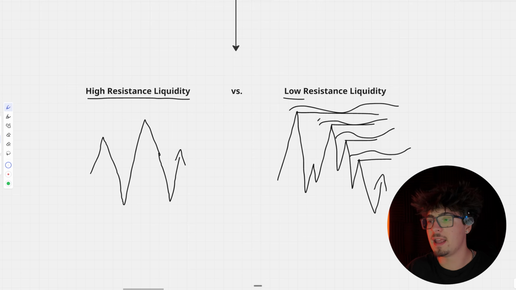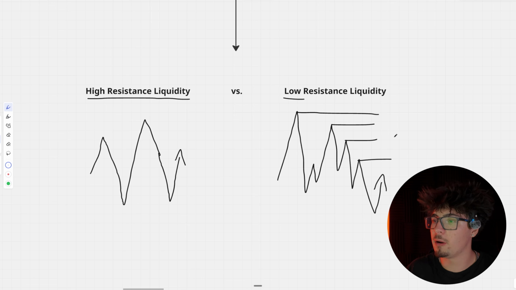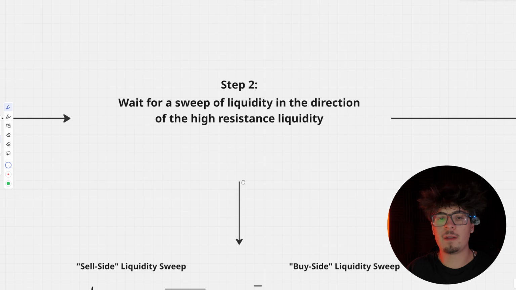None of these levels have been taken out, and none of these levels were created in taking out a different level, right? So you want to find what side of the market has high resistance liquidity, which would look something like this, and what side of the market has low resistance liquidity, which would look something like this. Step 2 is to wait for a sweep of liquidity, which I'm sure you guys have heard of,